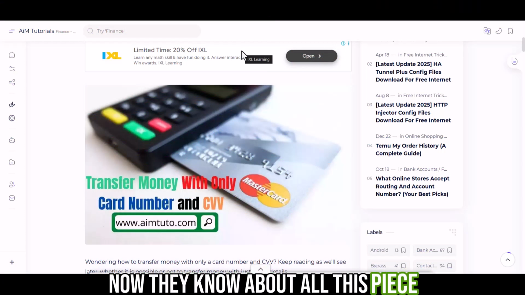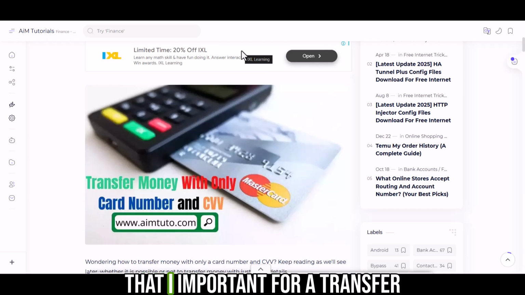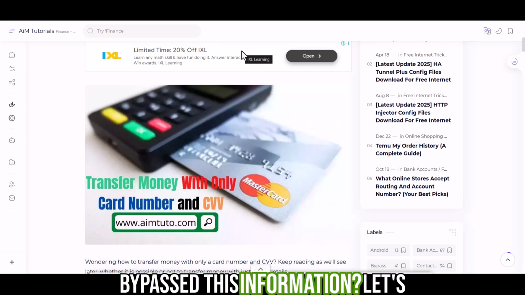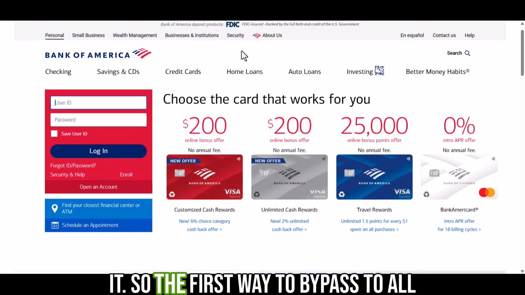Now that you know about all these pieces of information that are important for a transfer from a bank card, how do you actually bypass this information? Let's just get into it. So the first way to